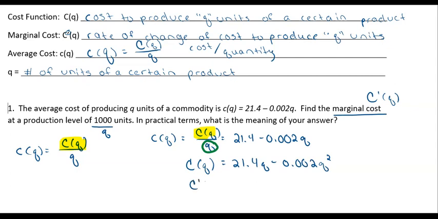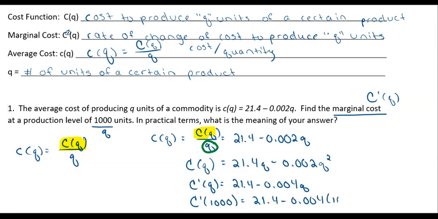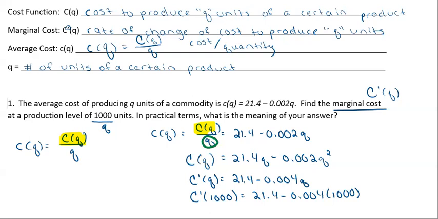So now I have the cost function. I need marginal cost, so I need to take the derivative. So the derivative of 21.4 Q is 21.4, and the derivative of 0.002 Q squared is 0.004 Q. Now we're told that we need the cost level of 1,000. So that means that our Q is 1,000. So if we put 1,000 in, we can solve this down. So if you type that into your calculator and you simplify it down through solving it, you'll get